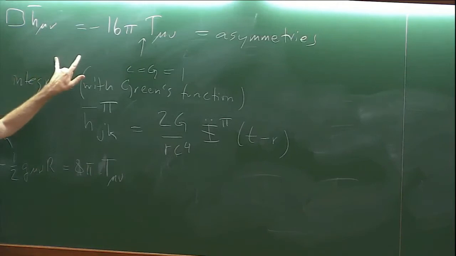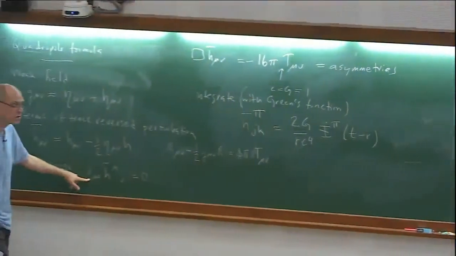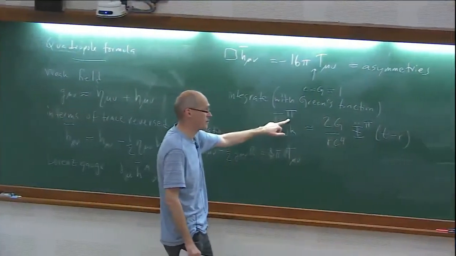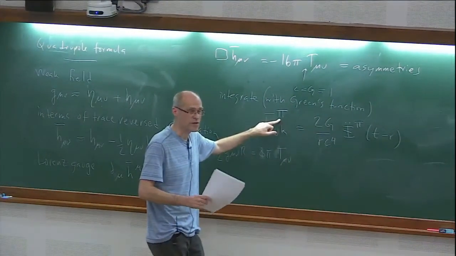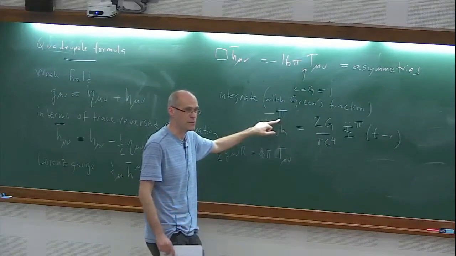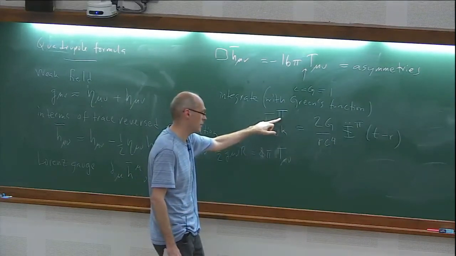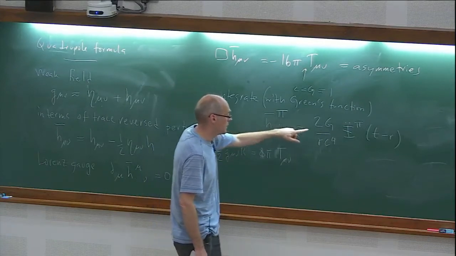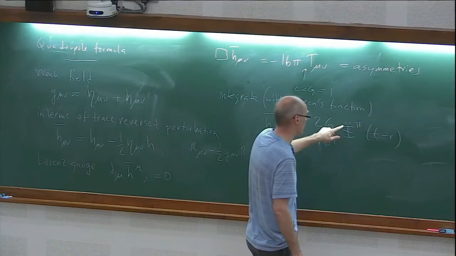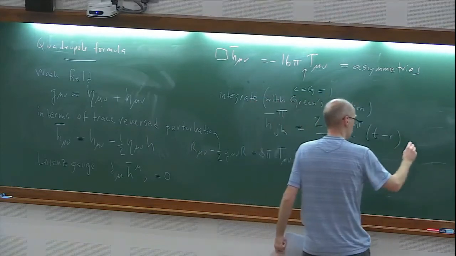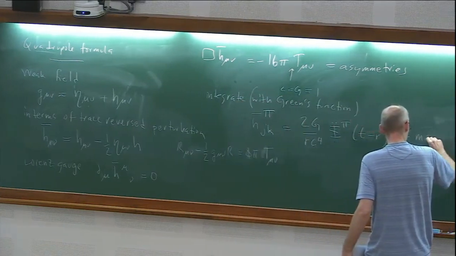So I'm writing these things down simply because at some point we need to start thinking about what do they mean. You know, what is actually sitting here. So we need to understand, first of all, I've talked about the h, how big it should be. We need to understand that in getting to the wave equation, we made a choice of coordinates. In writing down this expression, we made the statement about reducing the number of degrees of freedom we have left in the problem maximally. So we're working in this transverse traceless gauge. In order to get the simplest, we need to understand that here,